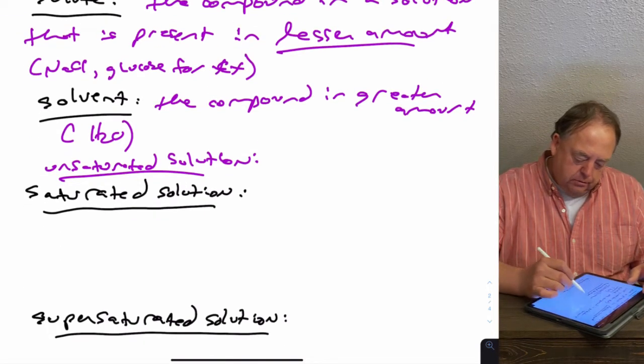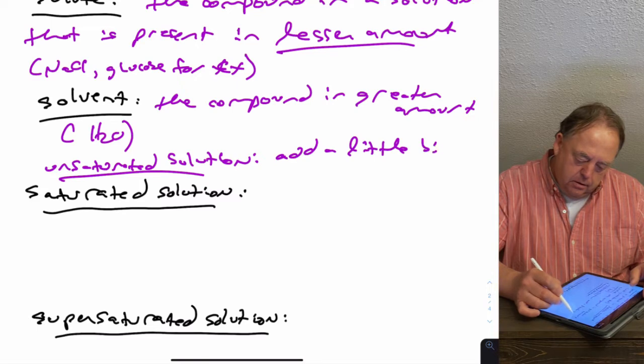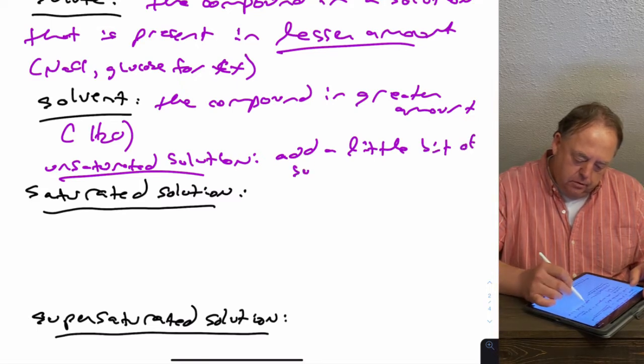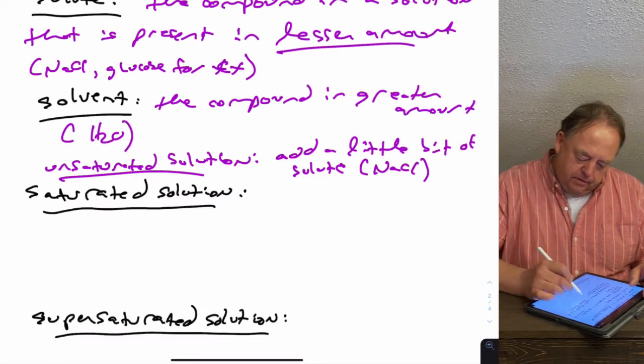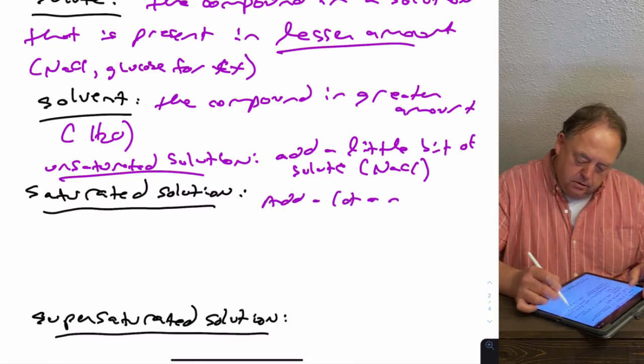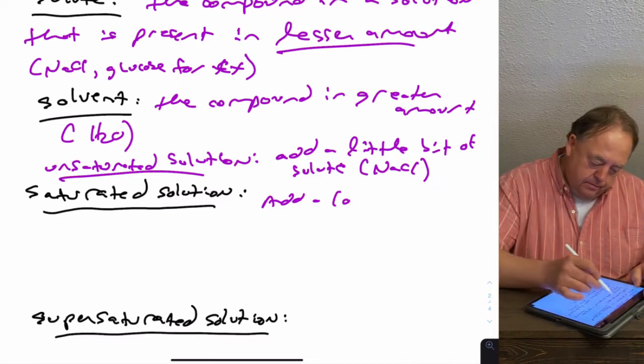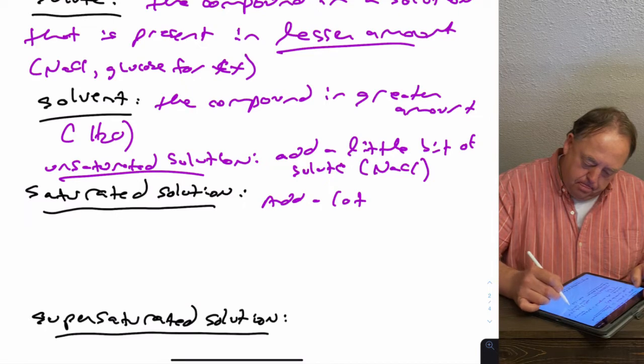Saturated solution, so this would be like if you just add a little bit of solute, such as NaCl to water. If you add a lot of NaCl to water,